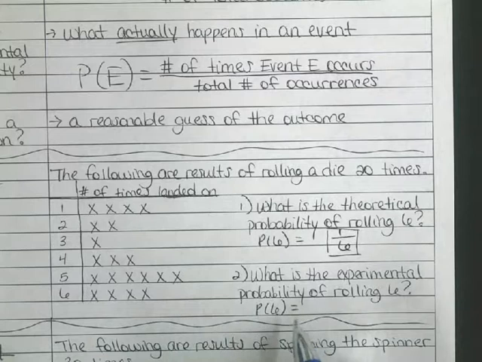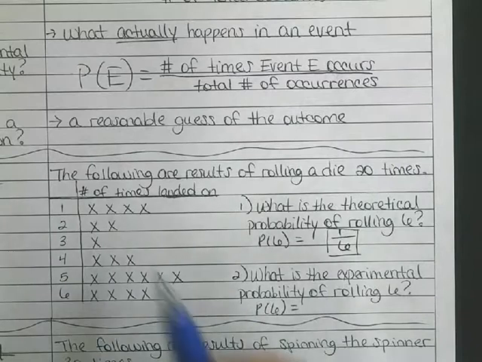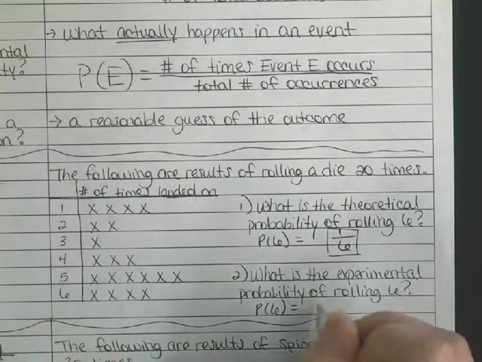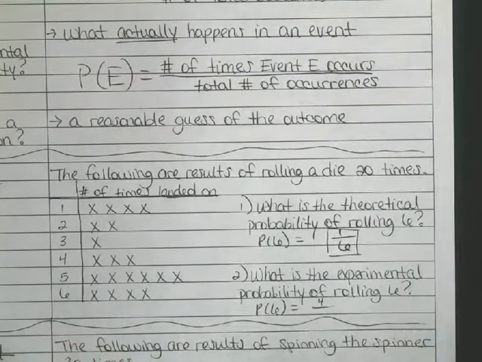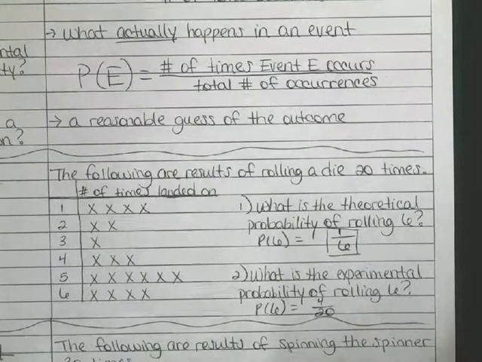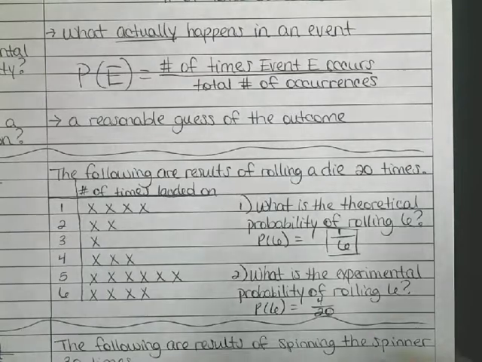But now we want to know, what is the experimental probability of rolling a 6? So to figure that out, we have to look over here at our data. So now we have to see how many times it actually landed on 6. Well, that would be 1, 2, 3, 4 times. So it landed on 6 4 times. And we know that we rolled it 20 total times. So our denominator is 20. So we get 4 over 20. And then we just reduce